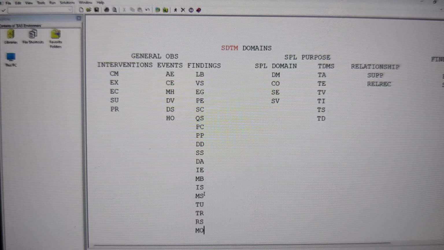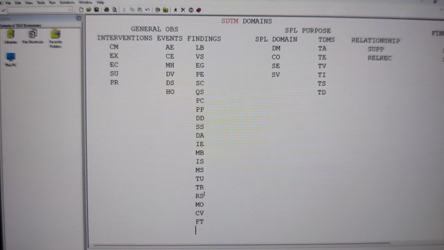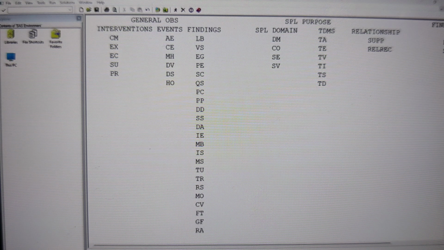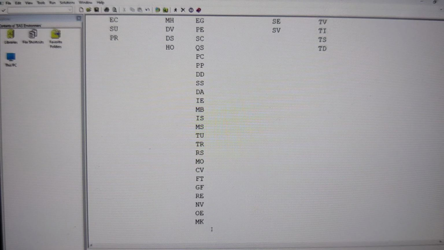And then cardiovascular. Veterinary findings, concentrations into FP, and genomic findings into GF. Okay, and then we have seen respiratory system analysis into RE. We have seen nervous system, and we have seen musculoskeletal. And then organic examination we have kept into OE, and then we have seen musculoskeletal system in MK, and then respiratory systems into RE. And then reproductive system findings into RP, and these are some of the important domains that we have seen in findings, and we have seen even what we call urinary system findings, UR.